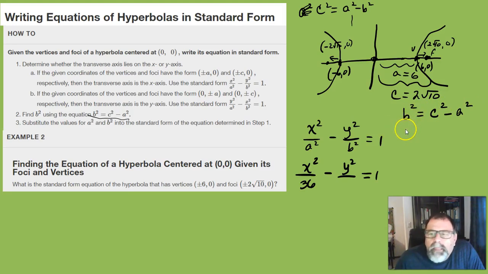All right, so B, we don't know what B is. We're trying to figure that out. C squared is 2 square root of 10 squared minus A squared is 36. So 2 squared is 4. Square root of 10 squared is 10. So 4 times 10 is 40. Minus 36 is 4. So B squared is 4. And then again, I don't have to square root this because I'm going to square. I'm looking for B squared, not necessarily B. Okay, and then that's it. That's my equation